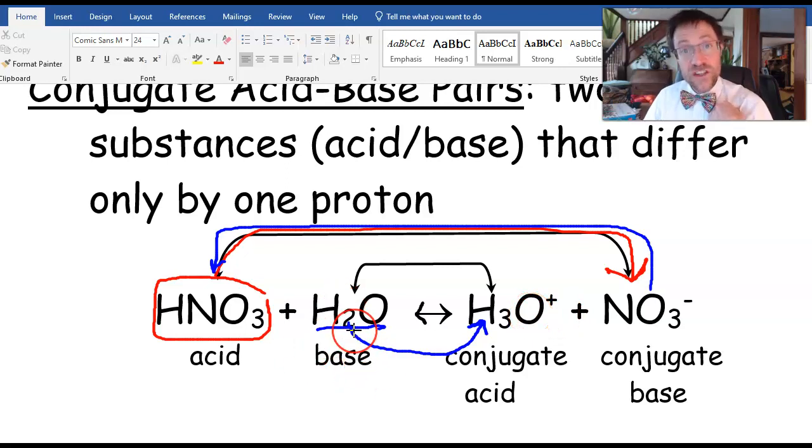That makes the H2O, in this case, act just like a base because it's absorbing or taking in a hydrogen. Now, when that thing starts going in the opposite direction, when it goes in reverse, the H3O gives up a hydrogen and turns back into H2O,